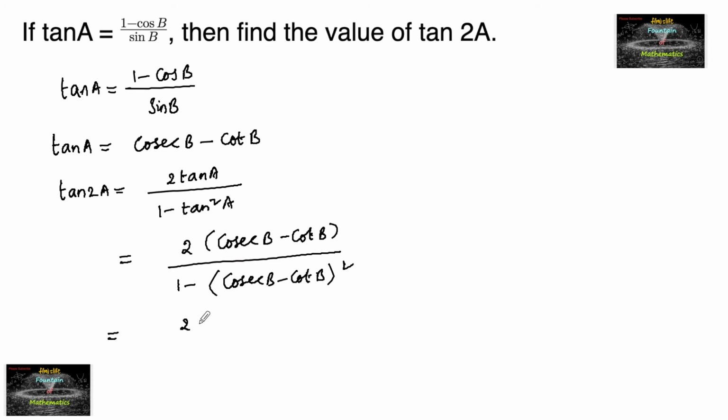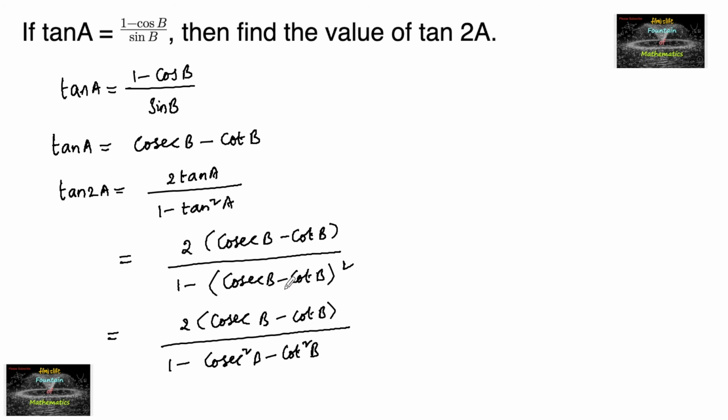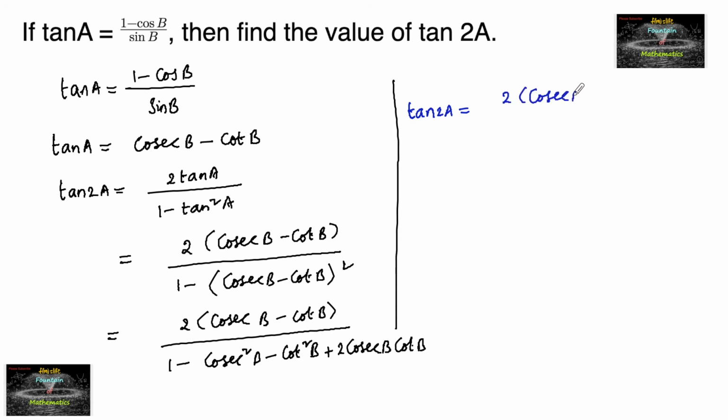So which equals 2 times cosecant B minus cot B upon 1 minus cosecant square B plus cot square B, and here minus 2 cosecant B cot B, so minus of minus is plus, you will get plus 2 cosecant B cot B. So the next step, tan 2A is equal to 2 times cosecant B minus cot B